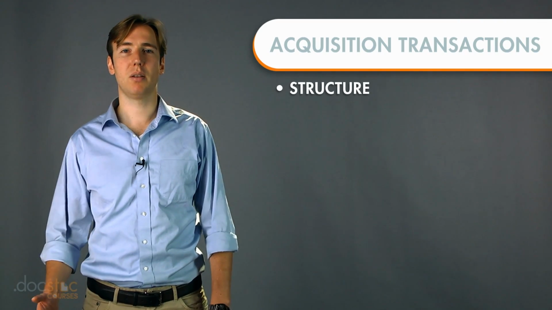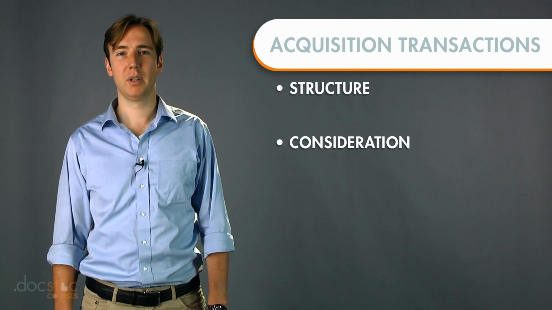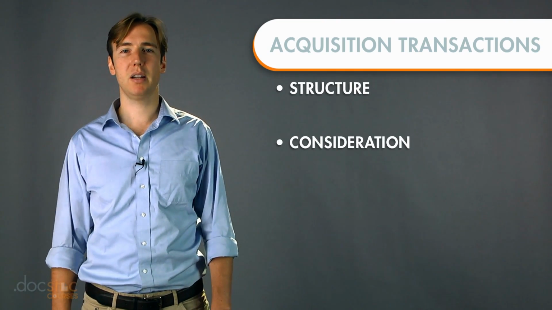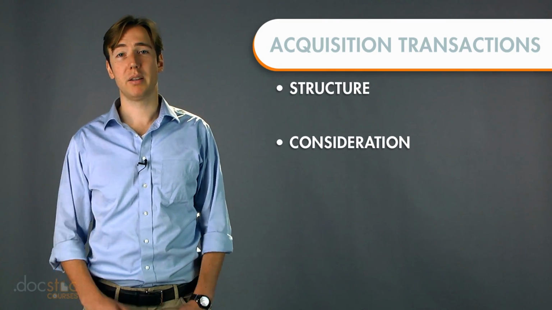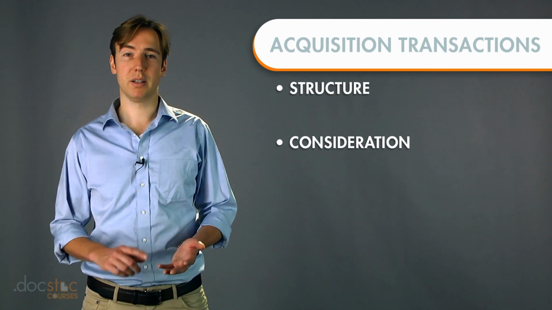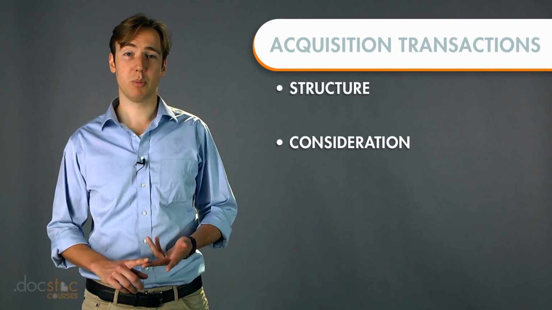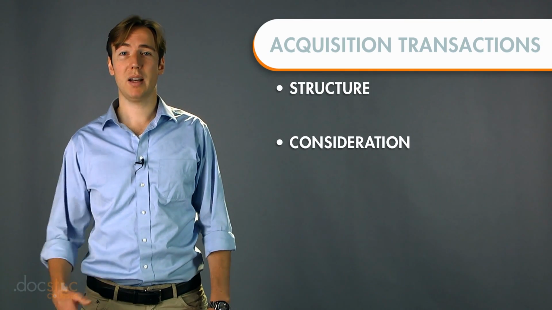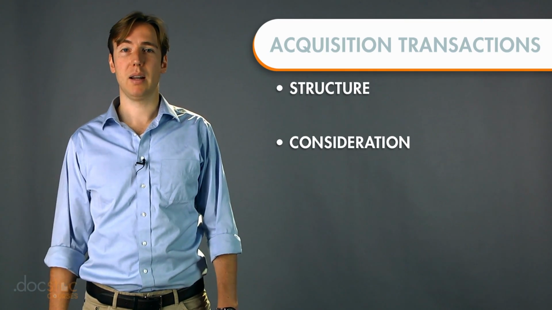The second key term will be the consideration. The term sheet should specify the consideration to be paid by the acquirer, including the type of consideration, whether it's cash, stock, assumption of debt, or something else, the amount, and when that amount is determined, and whether that amount